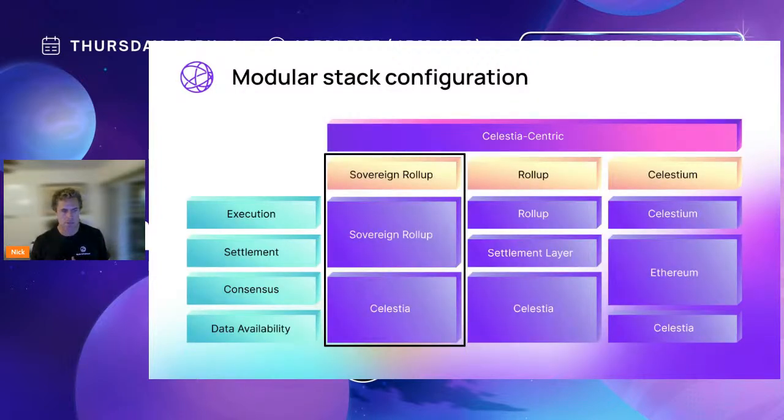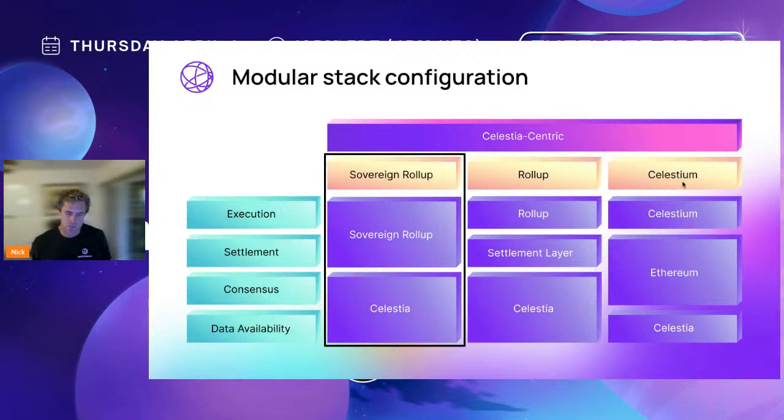And then another concept to think about in the modular stack is you have different flavors of rollups depending on how you mix and match the different components, right? So maybe the standard rollup essentially has at the bottom a consensus and DA layer like Celestia or Ethereum. It may have a different settlement layer, or in the case of Ethereum, it might be Ethereum itself. And then you have this execution layer on top. There's a bunch of different ways you can build rollups. And this is part of what's so exciting about modular blockchains: the mixing and matching of different components.